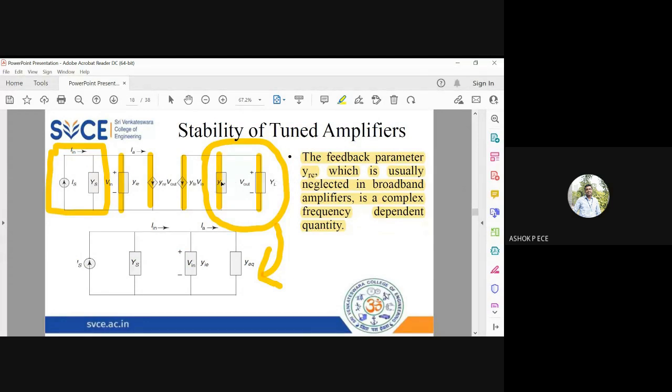When in parallel, voltages are going to be the same, and I can add these two admittances so that it's going to be Y_OE plus Y_L. The total current is going to be Y_F. The voltage will be equal to total current divided by admittance. So Y_F V_out will be equal to Y_FE V_in divided by Y_OE